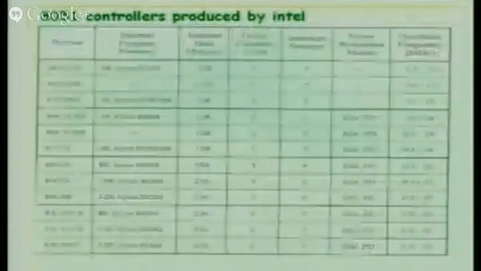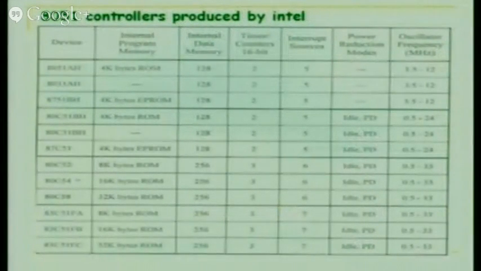One of the tables you can see here is the 8051 controllers produced by Intel. There is an 8051 series having 4 kilobytes of ROM, 128 bytes of RAM, timers, counters, interrupt sources and frequency, because it will also matter what the speed of your